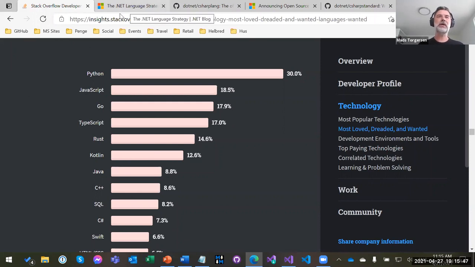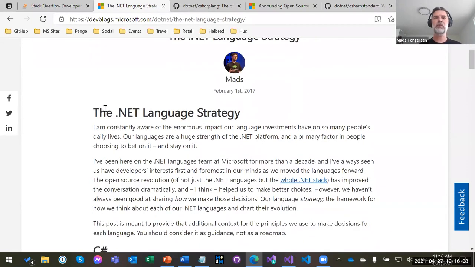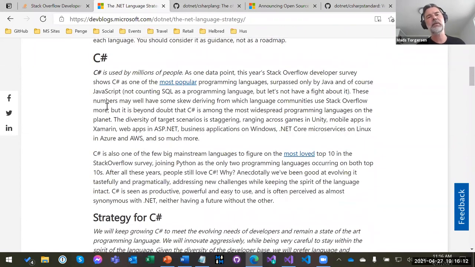The next thing I want to talk about is why do we think people generally like C# and use it a lot? Well, some of it has nothing to do with C# and has more to do with .NET. And some of it has to do with Microsoft, and some of it has to do with Azure. There are all kinds of reasons why people use C# that have nothing to do with C#. But that said, there is the fact that people tend to love C#. There's something that we're doing right at the language level as well.